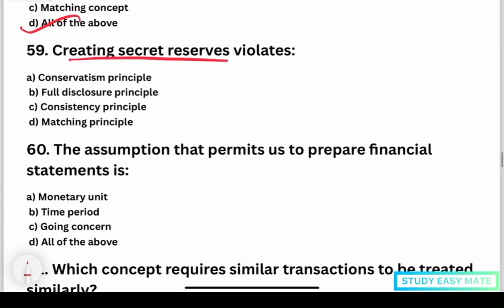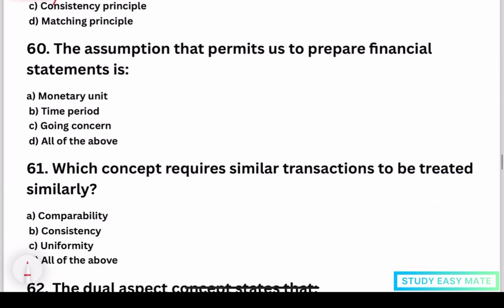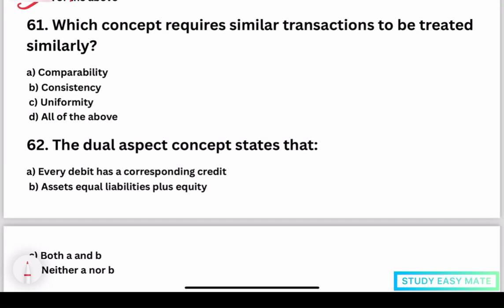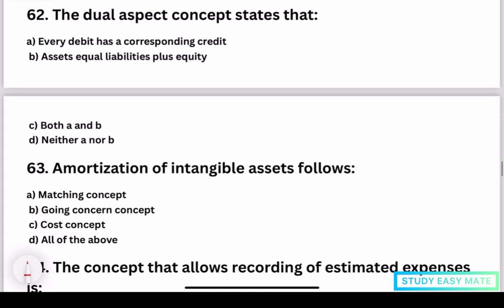59. Creating secret reserves violates the full disclosure principle. So 60. The assumption that permits us to prepare financial statements is all the above. 61. Which concept requires similar transactions to be treated similarly? That is consistency. 62. The dual aspect concept states that